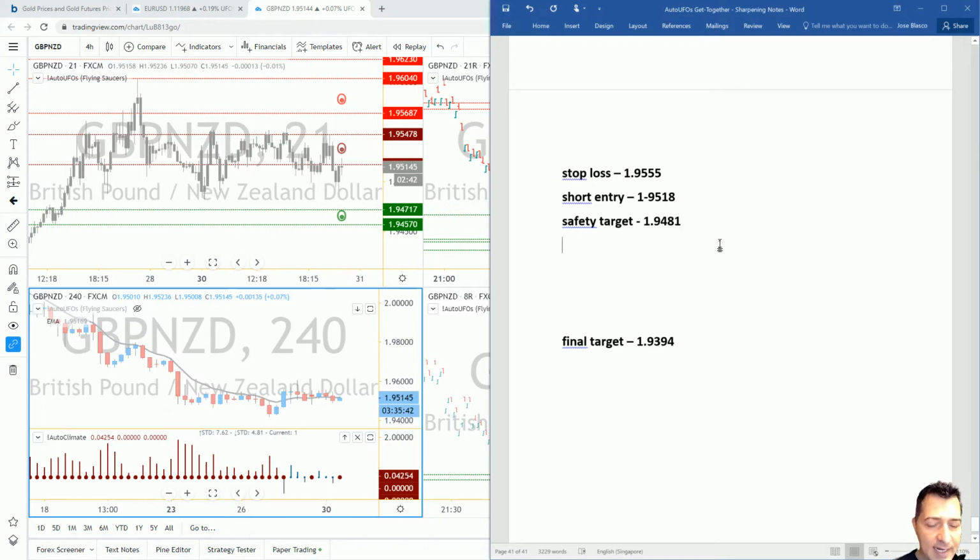So go ahead, calculate your size, and decide if you want to take this trade with real capital or paper money, whatever you are at in your trading development, small size or big size. Just do your calculation, and this is the time for you to enter.